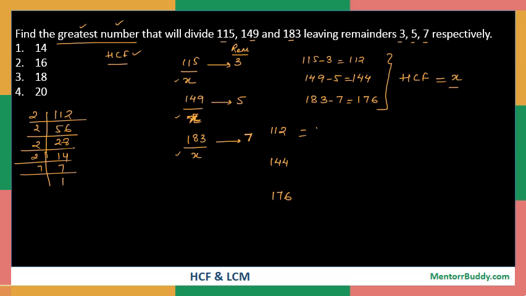So this is equal to 7 to the power 1 multiplied by 2 to the power 4. Similarly, 144, I know it's a square of 12, but if I do the prime factors, I'll be getting